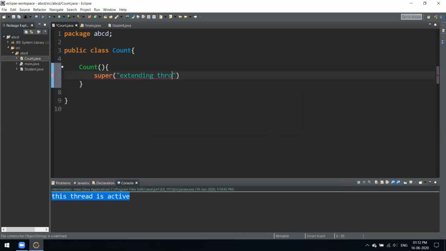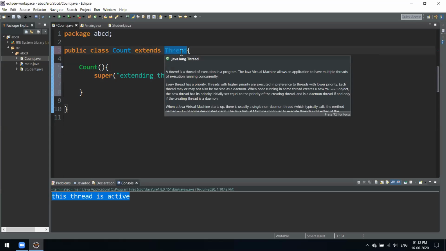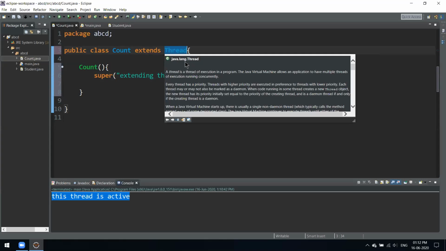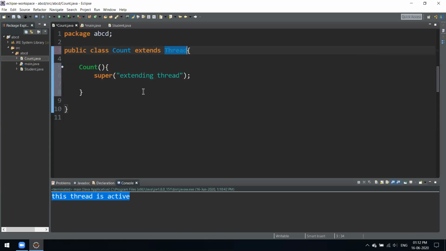Also, if you are using the concept of thread, you have to extend that class with this Thread class. This is an inbuilt class in Java. The java.lang package has this. And after that we'll do a System.out.